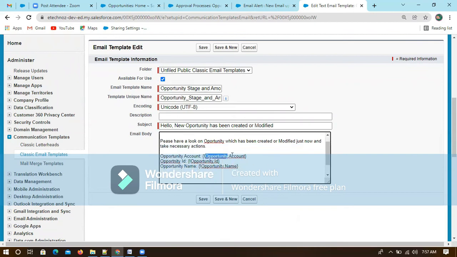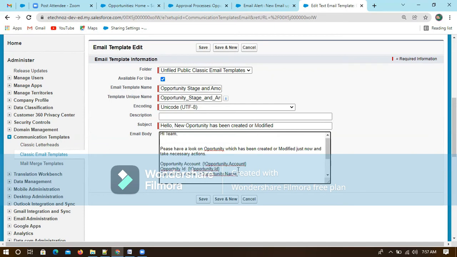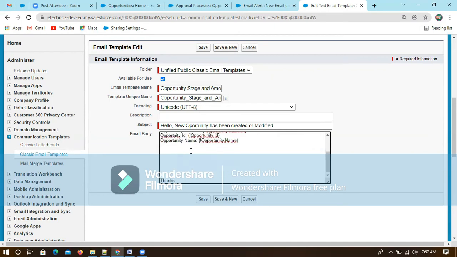Likewise, we can get opportunity account information here, like the account ID. This is the parent information, connected as a lookup to the opportunity. And this is the opportunity ID, its own ID and its own name. Maybe they will also ask for a link directly. Even if you provide the ID and name, they can ask you to provide the link, so that they can click that link and it will directly redirect to the page itself. Likewise, you can provide that link as well.